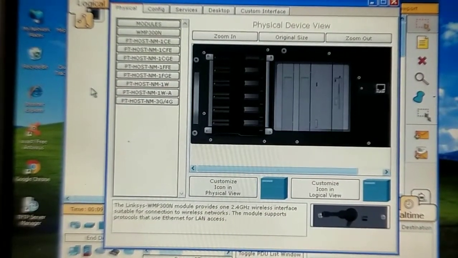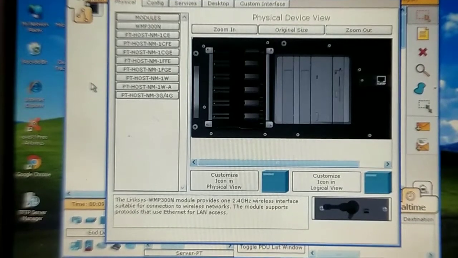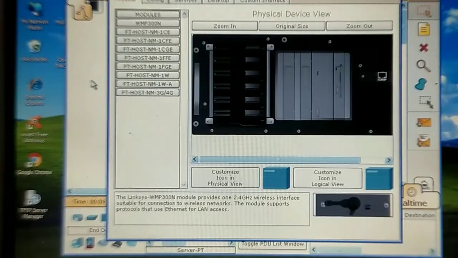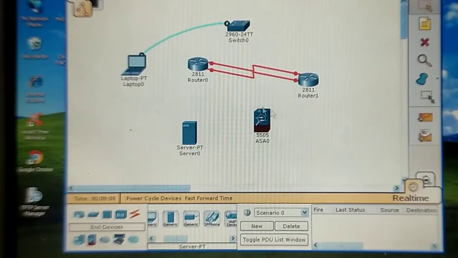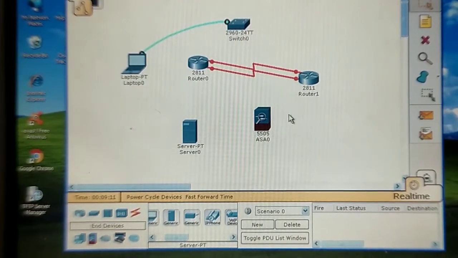So a server is basically a powerful computer machine that can handle different client requests at the same time. Basically it is a computer. And so this sums up our introduction of Packet Tracer.